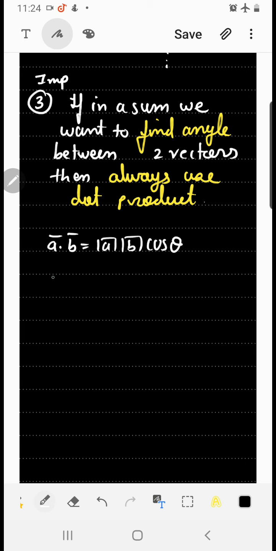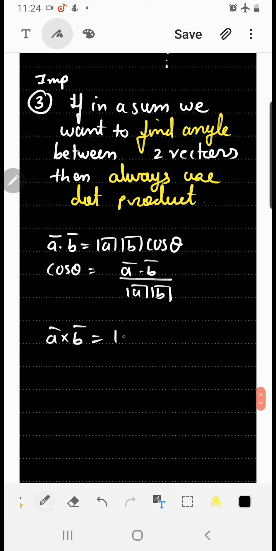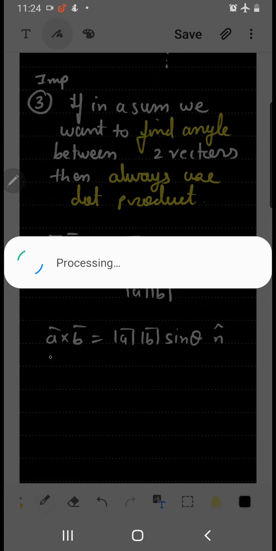Here can we adjust and write cos theta is equal to what? A bar dot B bar upon mod A mod B. So using this formula I can find theta. Now those who know cross product, A bar cross B bar, we can write it as mod of A bar mod of B bar sin theta, if you remember. But then please remember, an n cap also comes along with this. This n cap is basically a unit vector. I'll explain this in cross product, so don't bother about it.